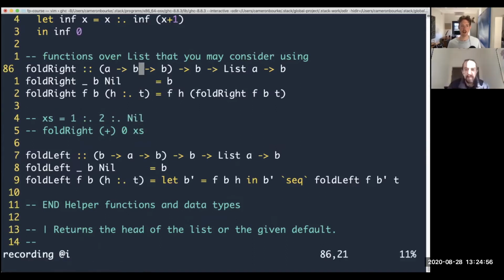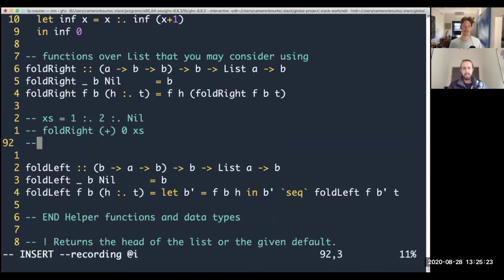So I've got the first argument's a function, and plus is a function that takes 2 arguments, A and B, and returns B. We've got 0, which is going to be the B, and a list of A, which is this list here, a list of int. So that fits the match. We can think of it like we've got a function, some initial value, and then the list. But what foldRight does is